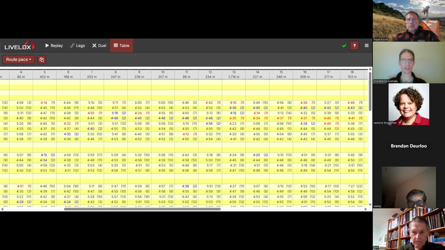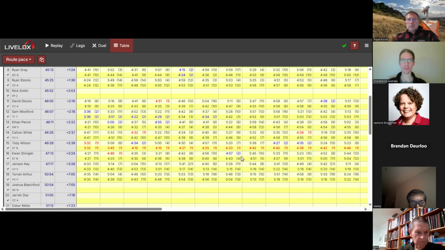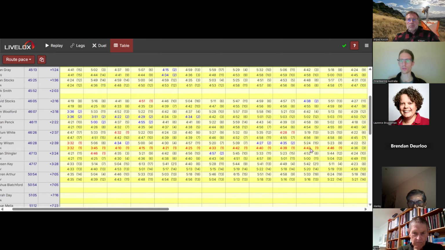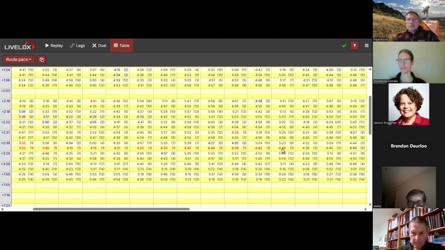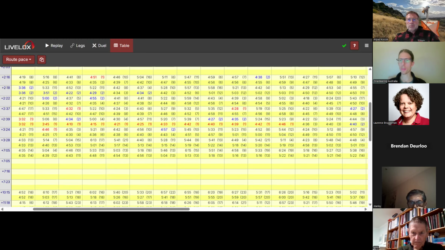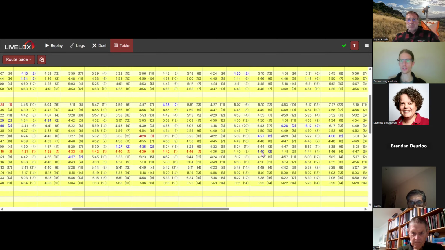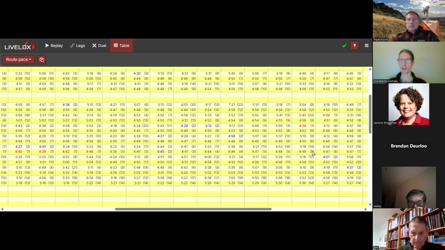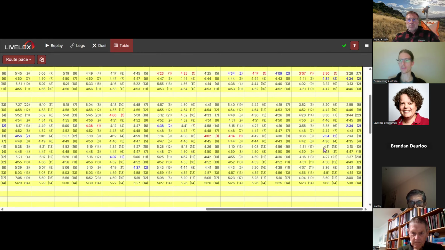To compare who was coming first at the start, if we go down to here to Toby Wilson, he was having a great pace. He was leading the pace all the way up to control, I think it was about control 12, and then his pace dropped off, and he was ranked third, fourth, all the way down to being ranked about 8th and 9th.